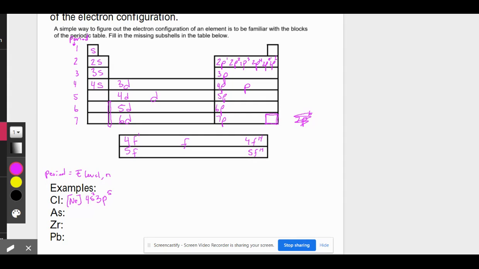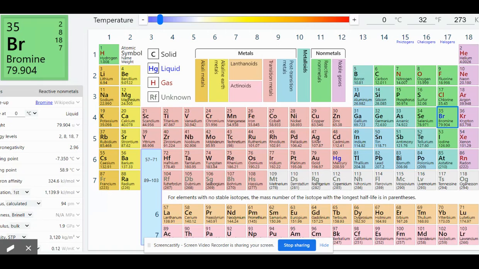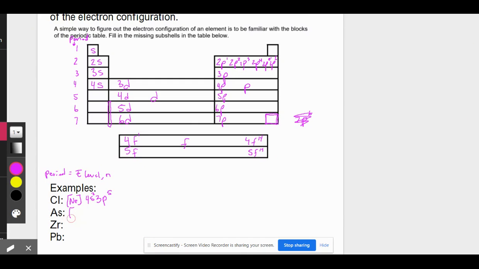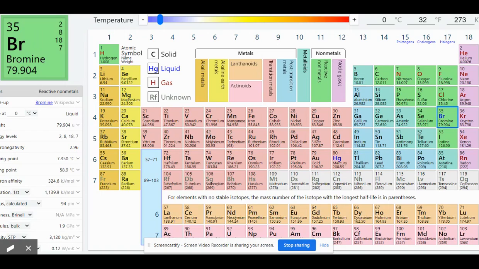All right, let's do arsenic. Arsenic is right here. It's number 33. It has 33 electrons. The noble gas that comes before arsenic is argon. So let's write argon and all of its electrons. Okay, so all the electrons in argon are assumed to be filled, so up to 18. After argon, number 18, comes potassium, number 19, and it has 4s electrons. We're going to cross all the way across this 4s orbital here, so it's going to be 4s2,